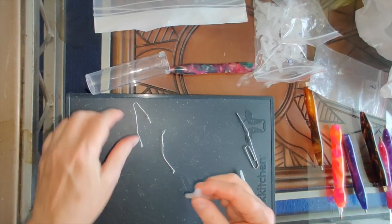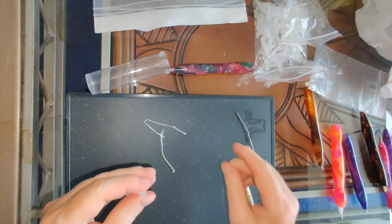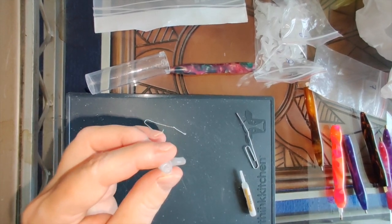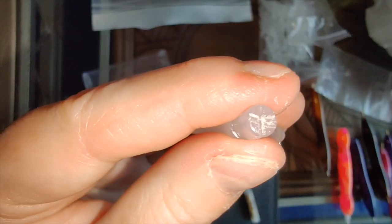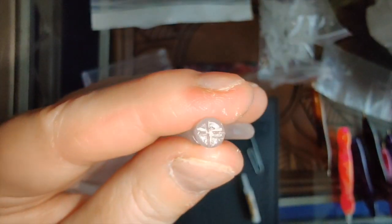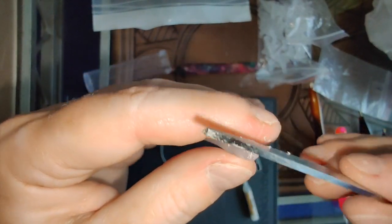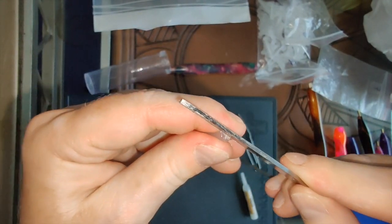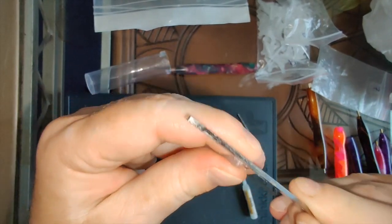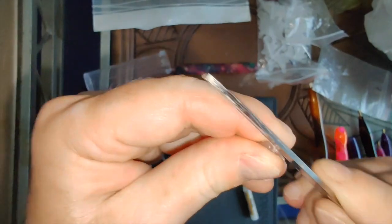Oh my God. Okay, I think I have to do this one piece at a time. Oh, I know what I'm going to do. Okay, I'm going to pause you for a second. Okay, so I'm not sure if you can see what I did there, but I just took my scissors, because that's what I had handy. And what I did was I just sliced as much as I could a little trough,